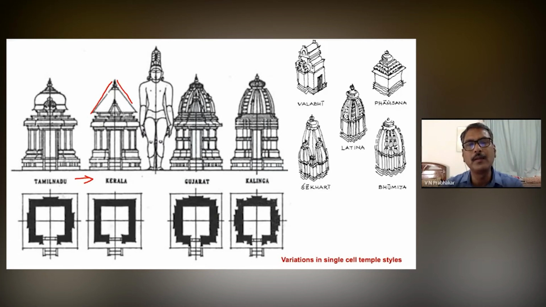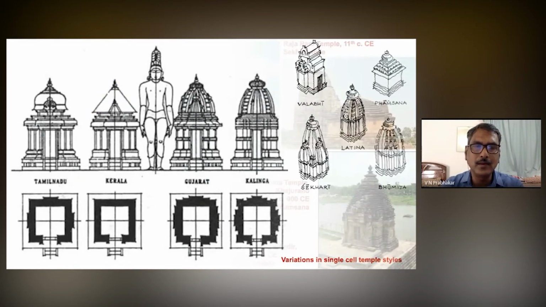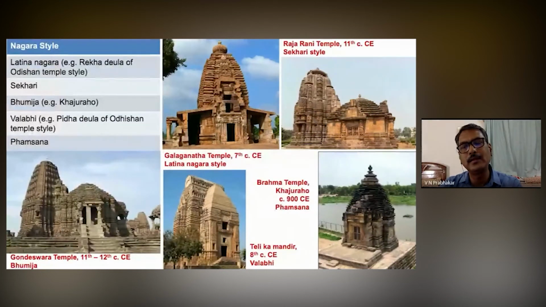So depending upon the regional variations, we also see various types of shikaras that have been developing, and that's why among the Nagara style, they have different types of forms known as the Vallabhi style, Latina Nagara style, Phamsana style, Bhumija style, and the Shekhari type. So these styles also evolved in different parts of the Indian subcontinent, and there are excellent examples of each one of the styles. And here in the Karnataka area, we have this Ranganatha Temple, which belongs to the Latina Nagara style, which is a simple curvilinear form of